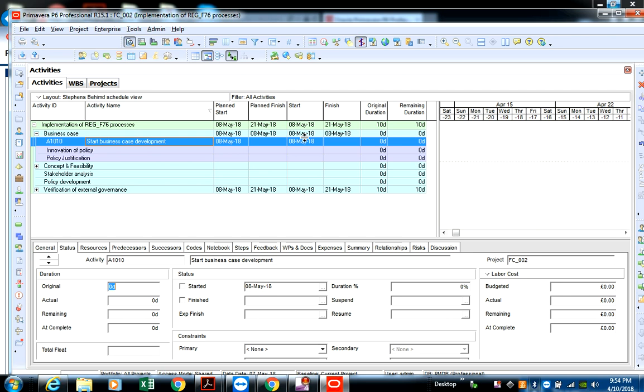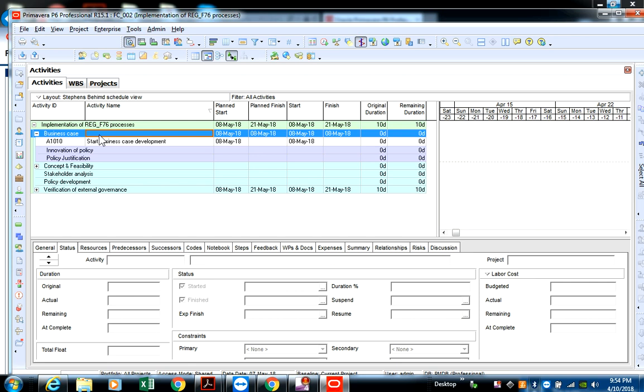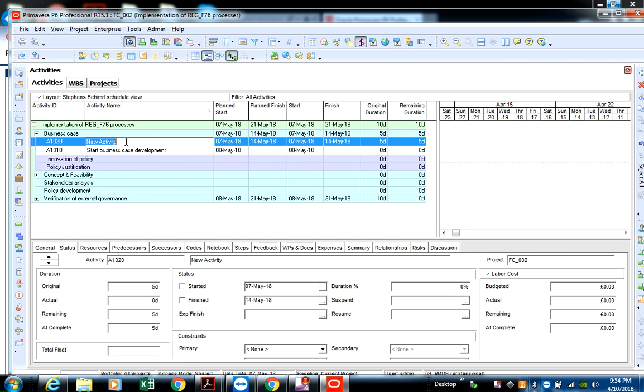So when you look at start and finish, as you can see here in the finish column, you have no date, right? But if you were to create another activity now, right click and create that, and we called it a finish milestone, which we could create and put it under the policy justification. Okay, so we'll just wait for it to load up the activity. Okay, so we'll call this new activity finish business case development